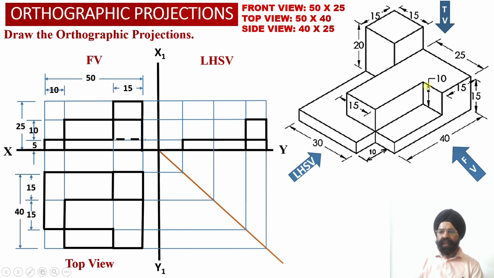Next we have got this square shape projection over here. This is measuring 10 millimeter by 10 millimeter. So this square shape projection corresponding to the square surface which is corresponding to element number 2. So here this surface is again parallel to the profile plane. So we are going to witness true shape projections of this surface into the profile plane in the left hand side view projections over here,